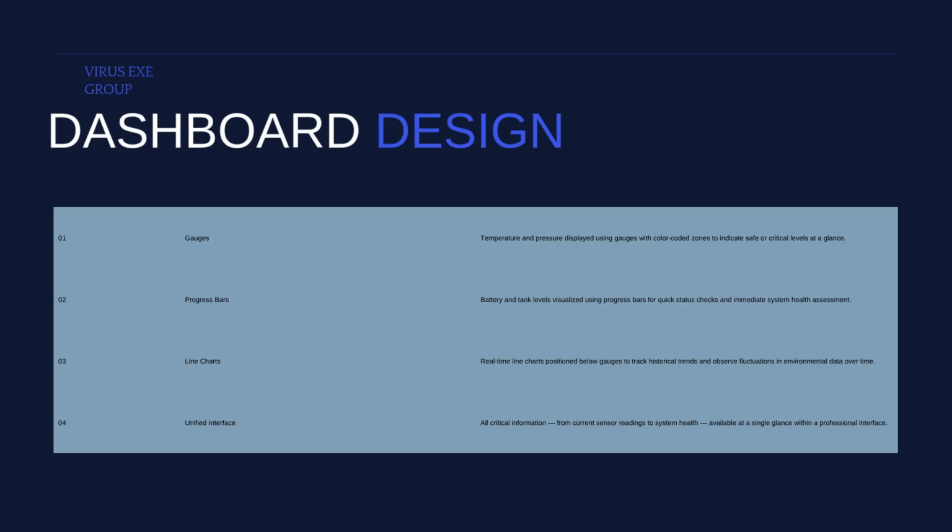The dashboard design focuses on clarity and immediate data interpretation through high-contrast visual elements. Temperature and pressure are prominently displayed using gauges with color-coded zones to indicate safe or critical levels, while battery and tank levels are visualized using progress bars for quick status checks. Real-time line charts are positioned below the gauges to track historical trends, allowing users to observe fluctuations in environmental data over time. This layout ensures